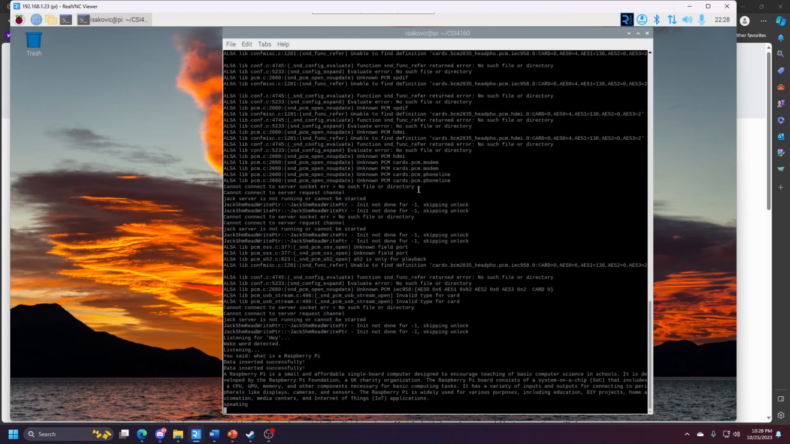A small and affordable single-board computer designed to encourage teaching of basic computer science in schools. It is developed by the Raspberry Pi Foundation, a UK charity organisation. The Raspberry Pi board consists of a system on a chip, SoC, that includes a CPU, GPU, memory, and other